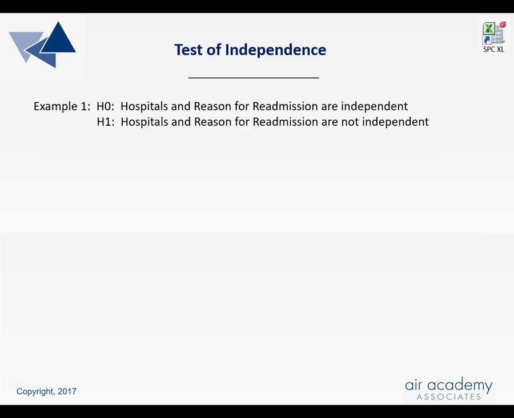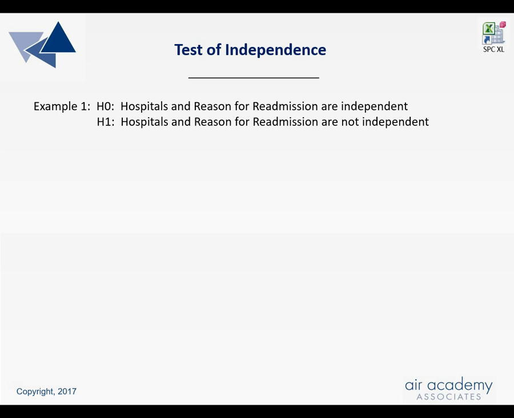Now we're going to go to the software and we're going to look at a couple of examples. First of all, how you set it up in the software, and then how you interpret the test of independence results. The first example is going to have to do with 4 different hospitals in a healthcare system and the reason for readmission. That is, readmission rates can sometimes be higher than desired, and we're going to take a look